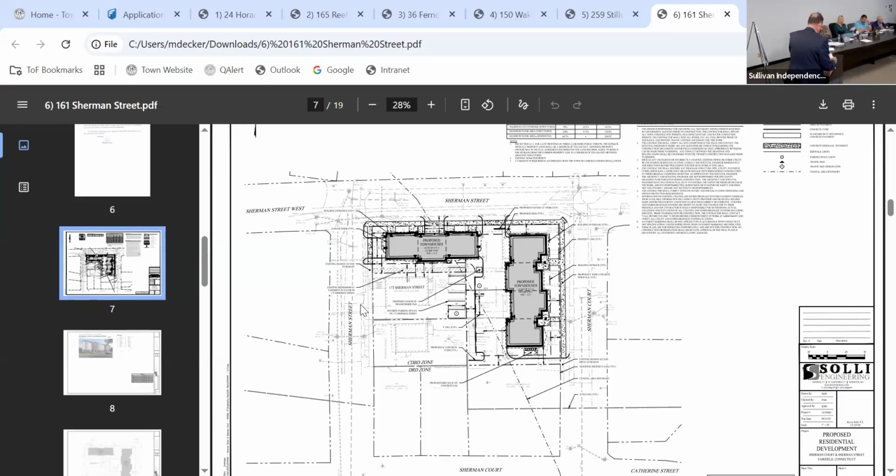Premises CDD zone. Chairman, members of the commission, happy to be before you tonight. It's very interesting, and I think really a great application that one will go to reduce nonconformities that are on site, 2, bring together a really nice residential aspect to Sherman Street, which is very desirable and consistent with the master plan, the desire to develop new single-family housing within town, which is very difficult to find, as you all know.